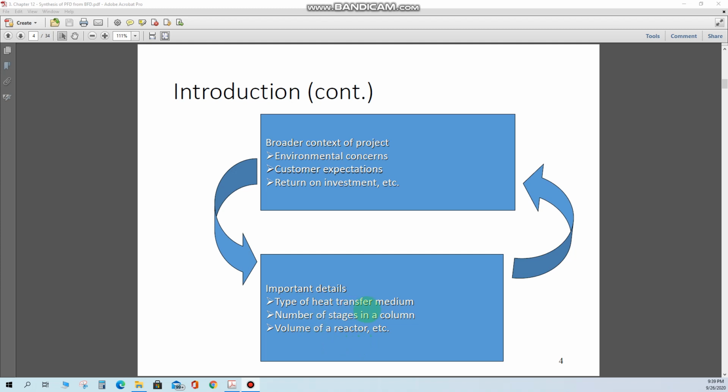The volume of the reactor actually reflects how much catalyst you can use in any reactor, and also what the production rate of the products from a particular reactor should be. And if there is any recycle stream in the process, then obviously it may increase the size of the reactors and the other downstream processes. So the volume of the reactor is also one of the important parameters that we need to consider when we are designing any process.